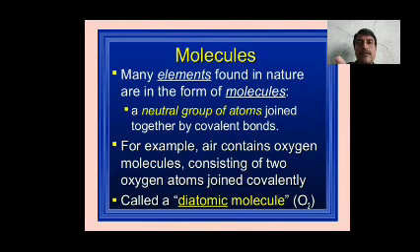A nitrogen molecule has a triple bond between the two nitrogen atoms. Nitrogen's electronic configuration is 1s2, 2s2, 2p3. 2p3 means px, py, pz, and each orbital contains only one electron. Its valence shell has 5 electrons, and it requires 3 more electrons to get